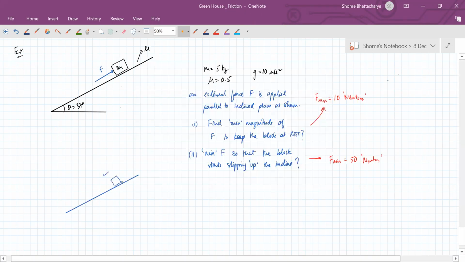You know, it would be sliding down like this because mu is less than tan theta. Okay. So there would be kinetic friction acting like this. Mg sine theta, normal reaction, mg cos theta, all this. Okay. So the tendency to slip is downwards. So for the first part of the question now,